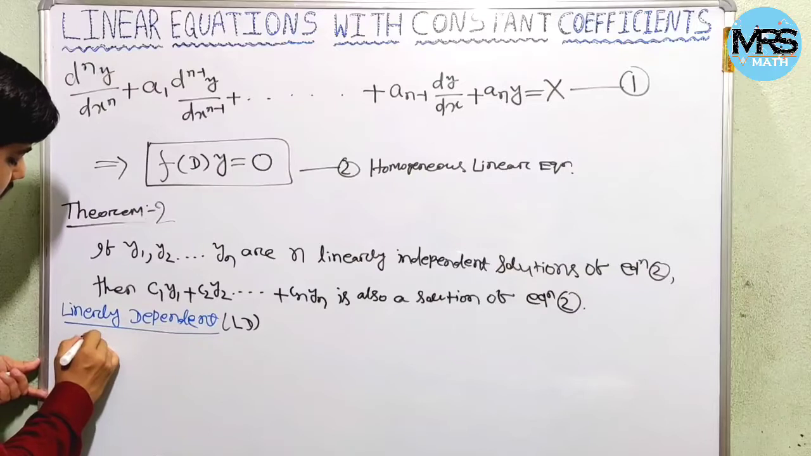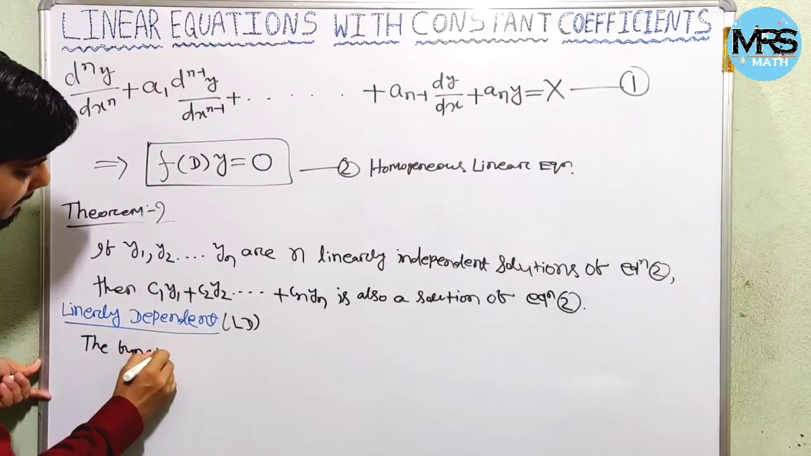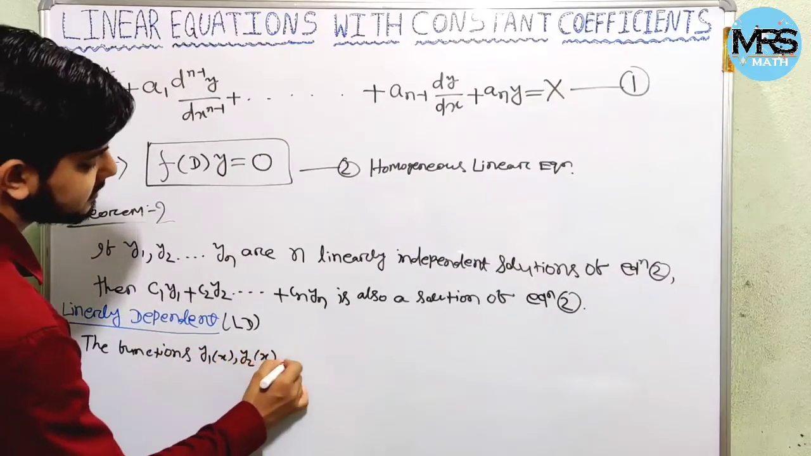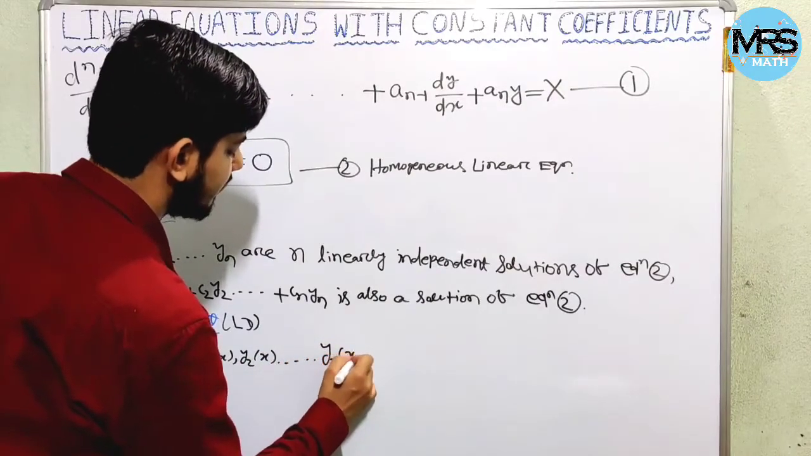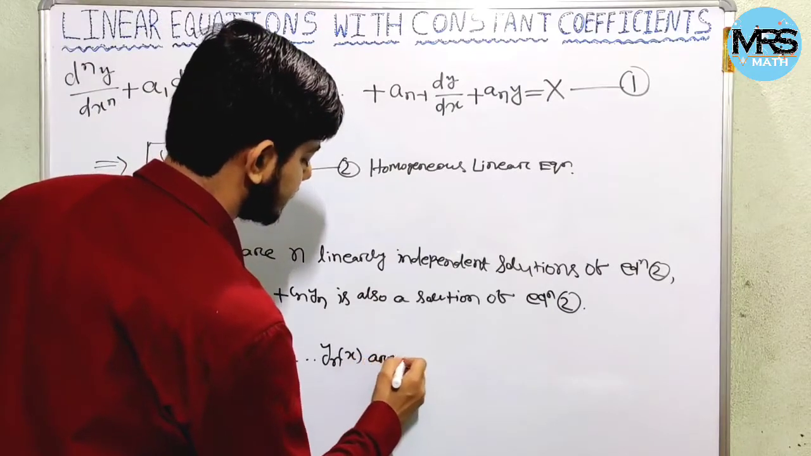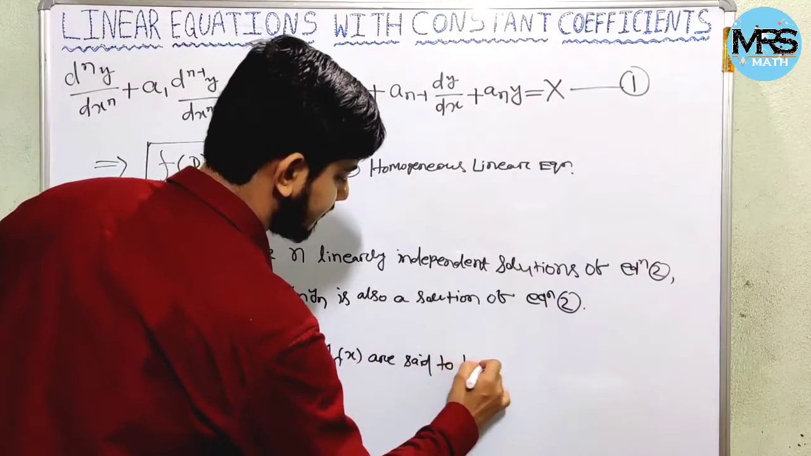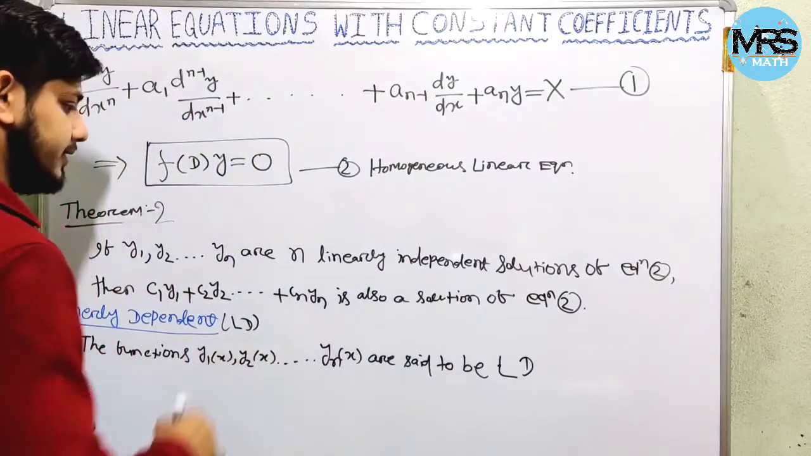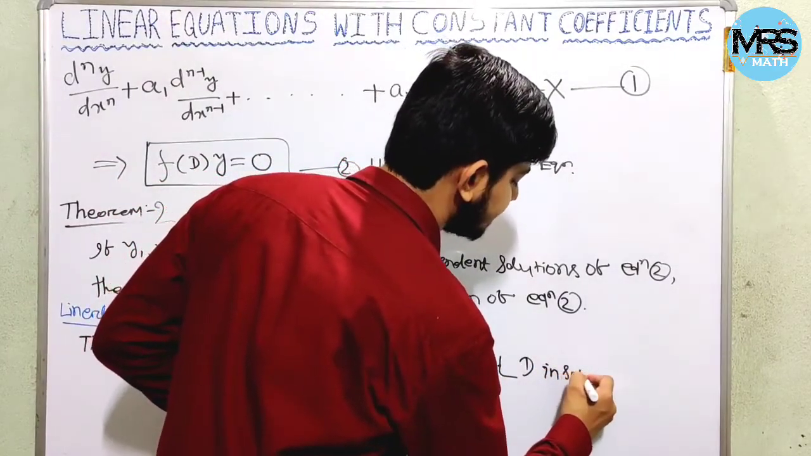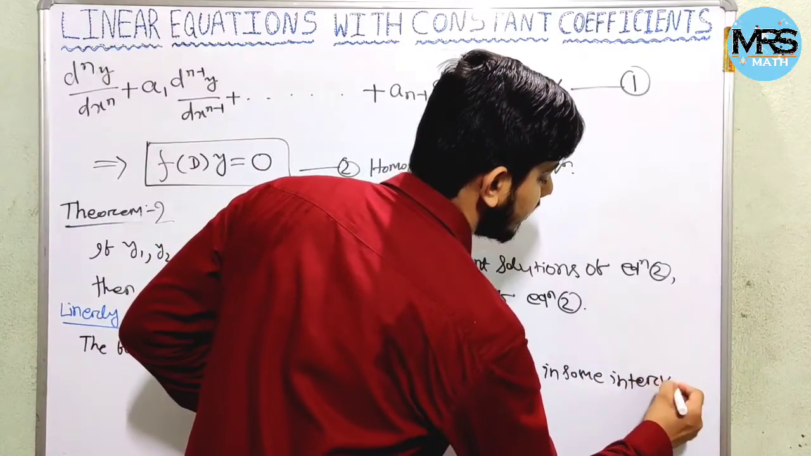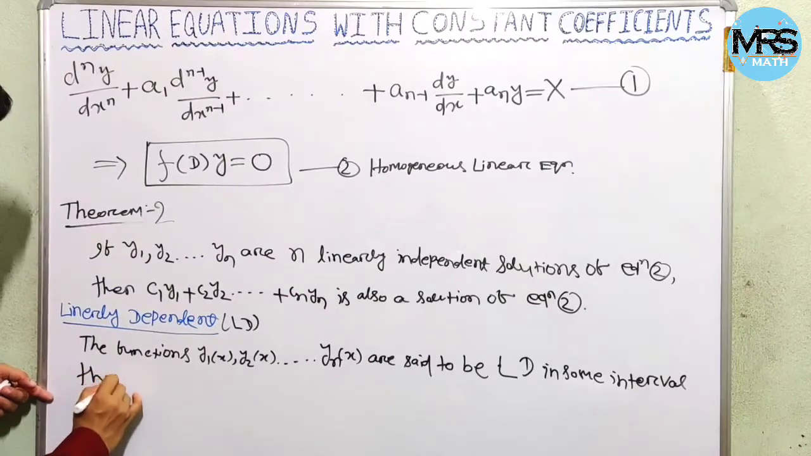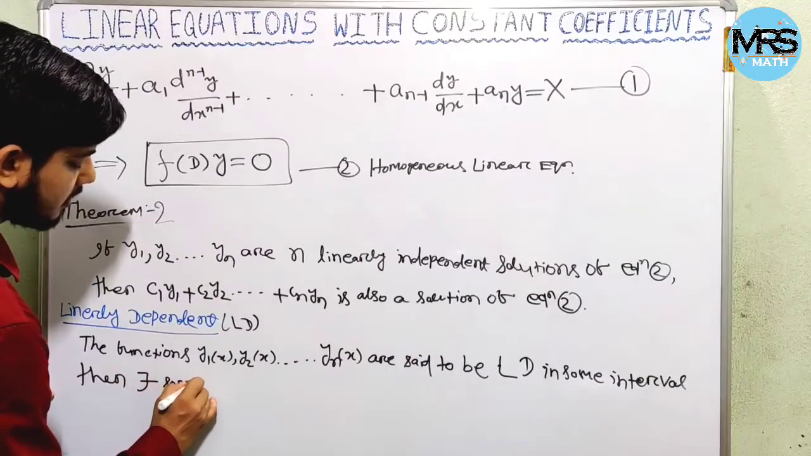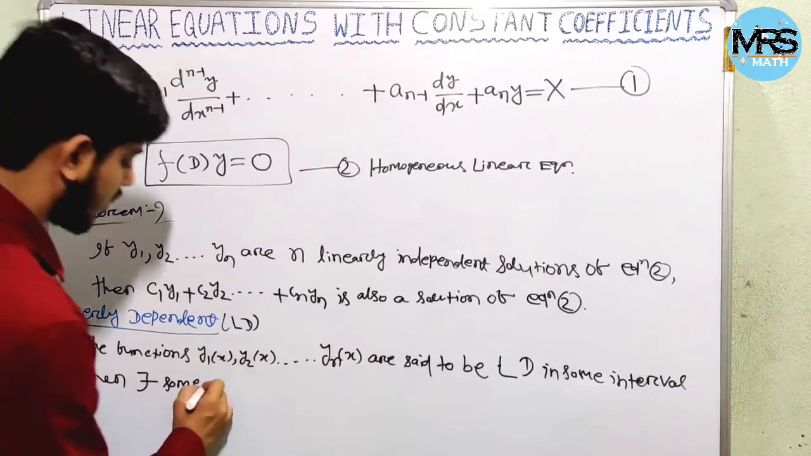So the functions y1 of x, y2 of x, up to yn of x are said to be linearly dependent, LD, in some interval, then there exist some constants,